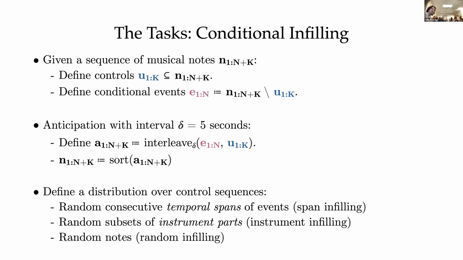And then these instrument conditional sequences are where I have some instrumental parts and I want to generate other instrumental parts. So this is more like that melody conditioned generation that I was using as a running example, where maybe I have a violin part and I want to fill in a piano part interleaved with this violin part. In that case, I would be identifying the violin notes in this training example as controls, and the piano part